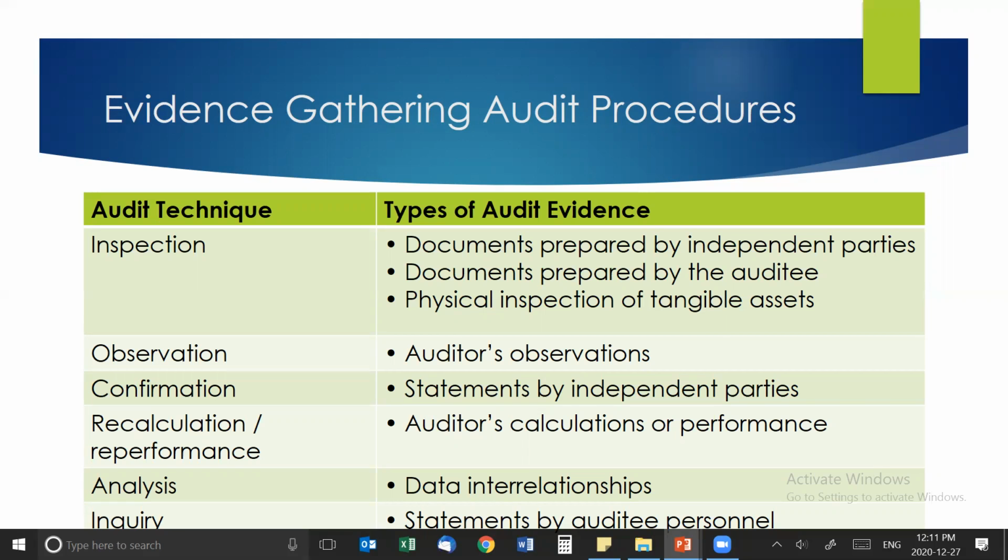So inspection is inspecting documents. Inspecting documents from independent parties gives a better level of assurance than inspecting documents prepared by the auditee. If the auditee is preparing the documents, you don't know how reliable they are because the auditee is creating them. But independent parties' documentation is a more reliable source of evidence. For example, you can look at a loan agreement that the bank provided, or even get it from the bank, to see if the right amount of liability is on the